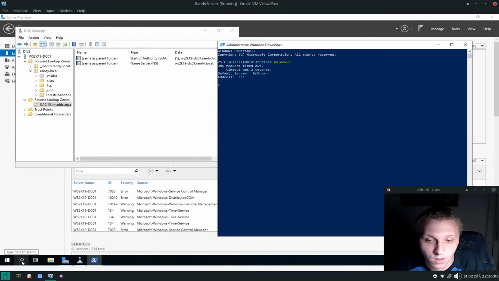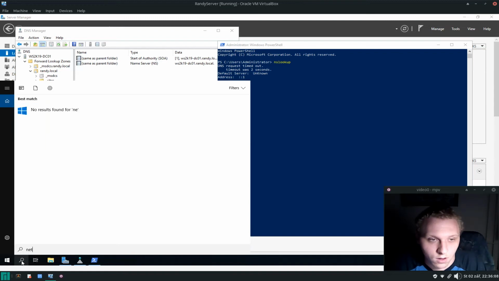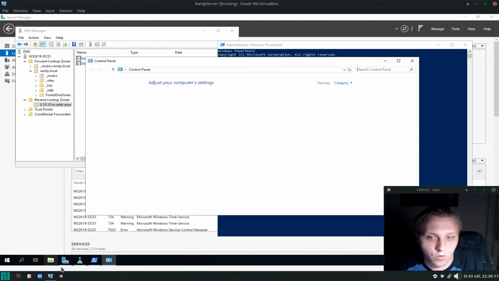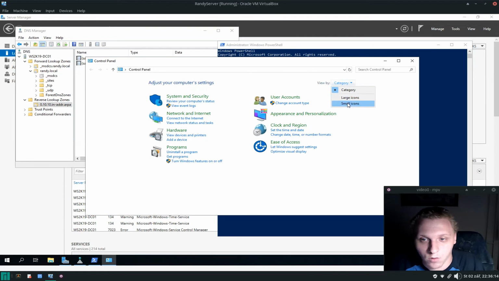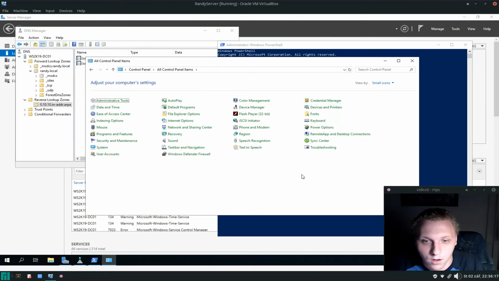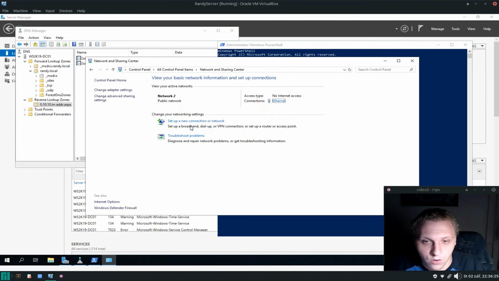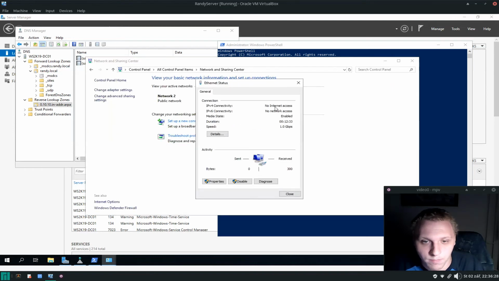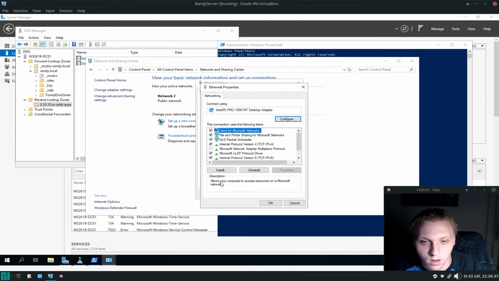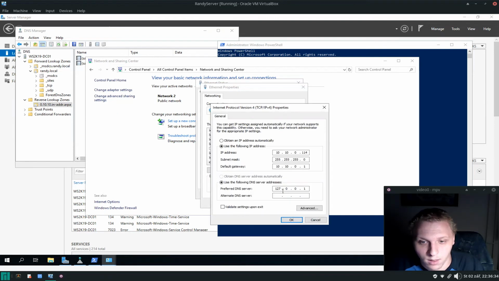Simple reason. You want to go into your search and type in network. Basically go into your control panel. Change it from category to small icons. And you want to go into Network and Sharing Center, and into here, Ethernet. Go into properties. Select the IPv4 by double clicking, and you will notice that our IP has changed to this. Now what you want to do is change the IP to the IP of your server. So type in, for me it's